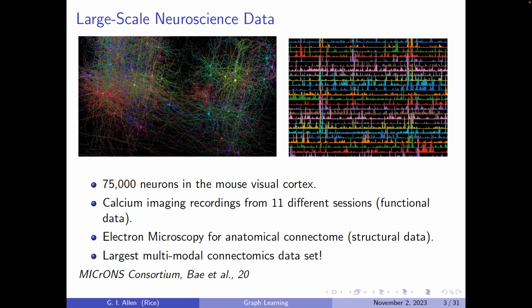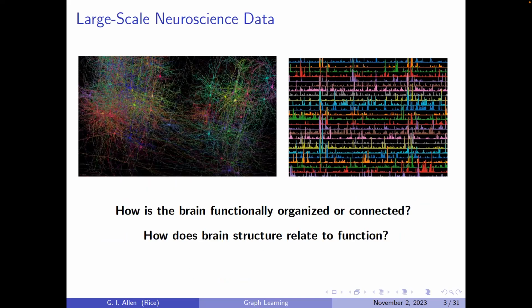The calcium imaging data is how we get the functional data, the neuronal traces and the activity traces, from 11 different sessions, and electron microscopy for the structural data. And this is the largest multimodal connectomics data set of its type in the mammalian brain. So this is a really exciting data set, and really opens the door for answering some really big unknown questions